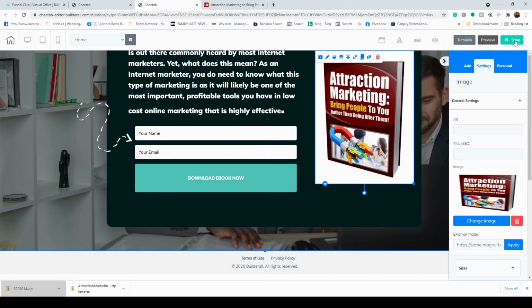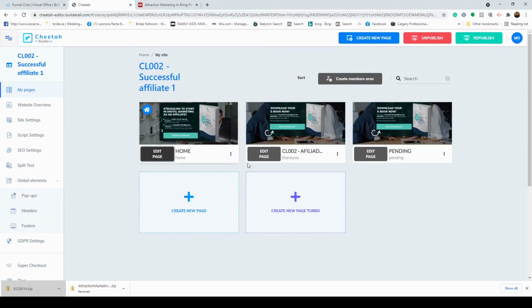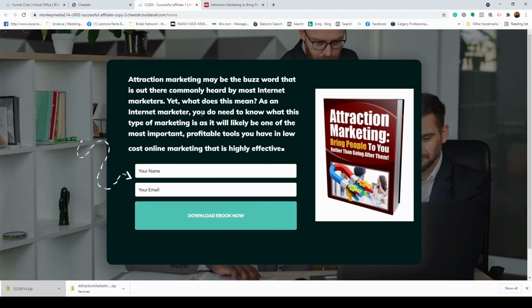Okay, and save it one more time just to make sure it really saves the entire thing. Okay, you saved the entire thing. Okay, let's go and check the actual website itself. There you go. So basically you've replaced the content, and this is what I'm selling here, or what I